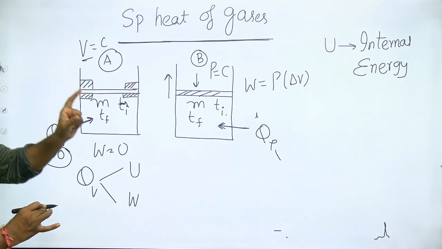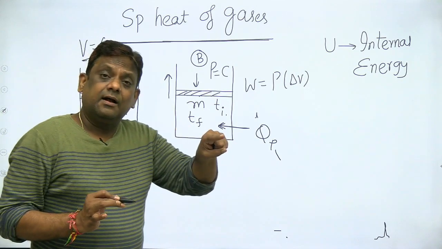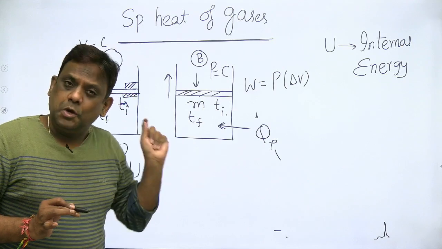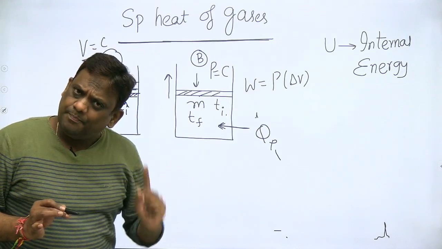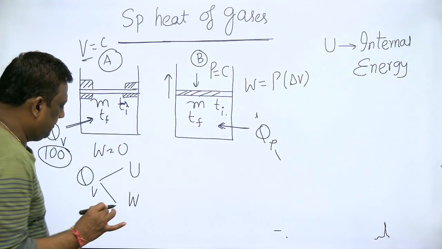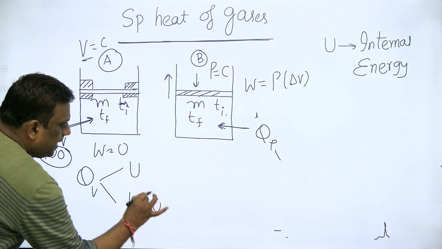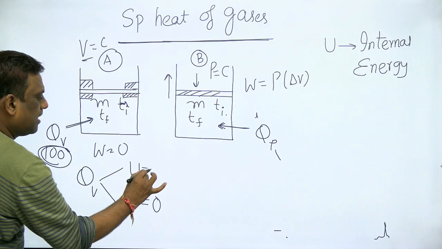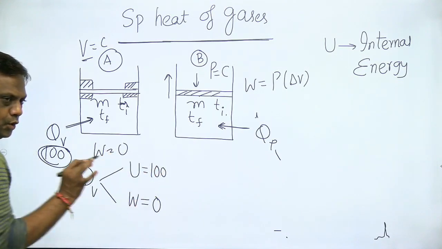देखो constant volume process में work भी हो सकता है कब? When there is a paddle wheel inserted. But यहाँ पे ऐसा कुछ नहीं है. Only fixed volume and heating. That's it. Okay. And work is 0. And let us say whatever heat you are supplying, let us say 100. So completely stored. Let us assume there are no losses.